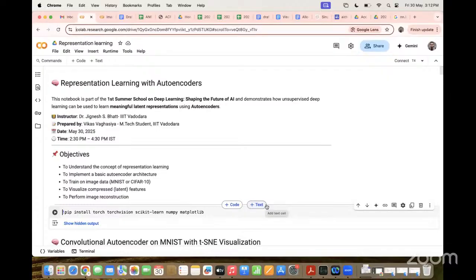Okay, good afternoon, everyone. The second part, we start with representation learning with autoencoders. In this, we use